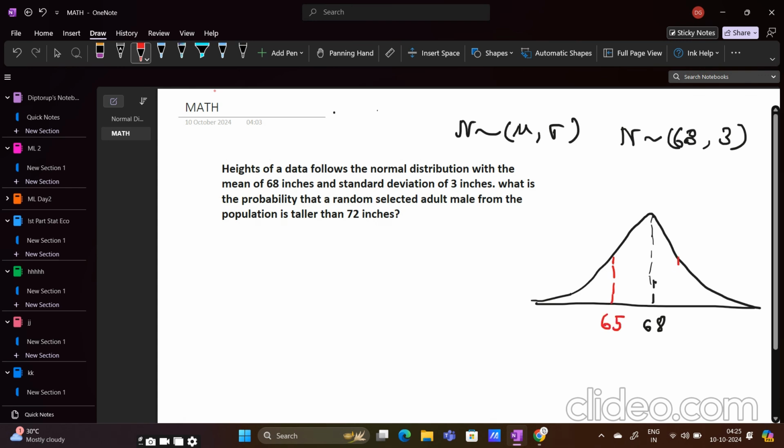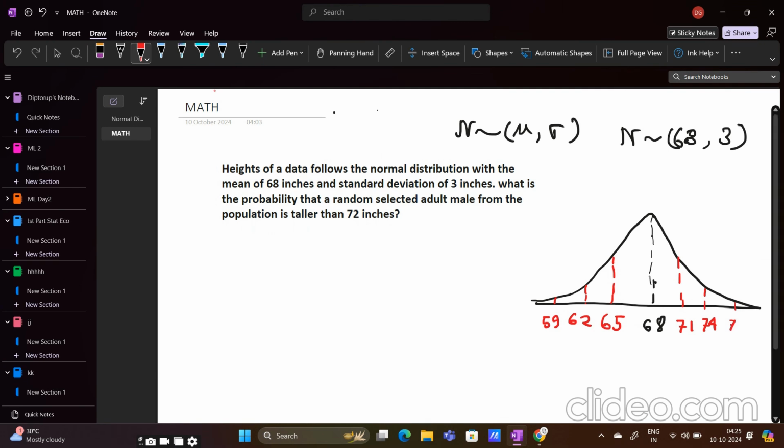This is 68, and this is mu plus 1 sigma, that is 71. Here we have mu minus 2 sigma, that is 62, and here mu plus 2 sigma, that is 74, and here mu minus 3 sigma, that is 59, and here mu plus 3 sigma,